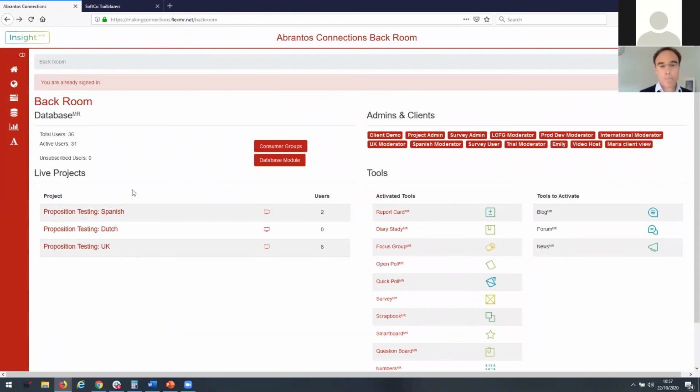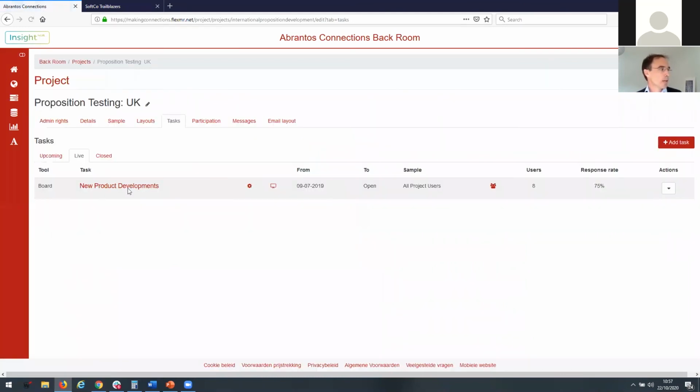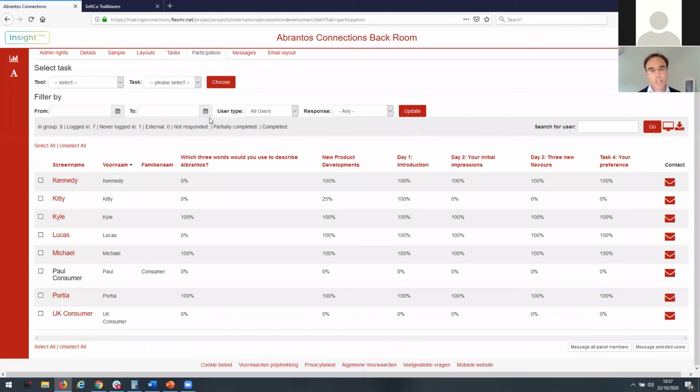I can see all 3 because I'm the international project manager. So I can do that and I can set up tasks. I can do different things in there for it. And I can get into the full running of each of those projects as the international project manager. Again, the moderator wouldn't, they would just be able to moderate the task. But I can look at the participation of each of those different projects. So I can see overall how the Dutch project is running or how the Spanish project is running.